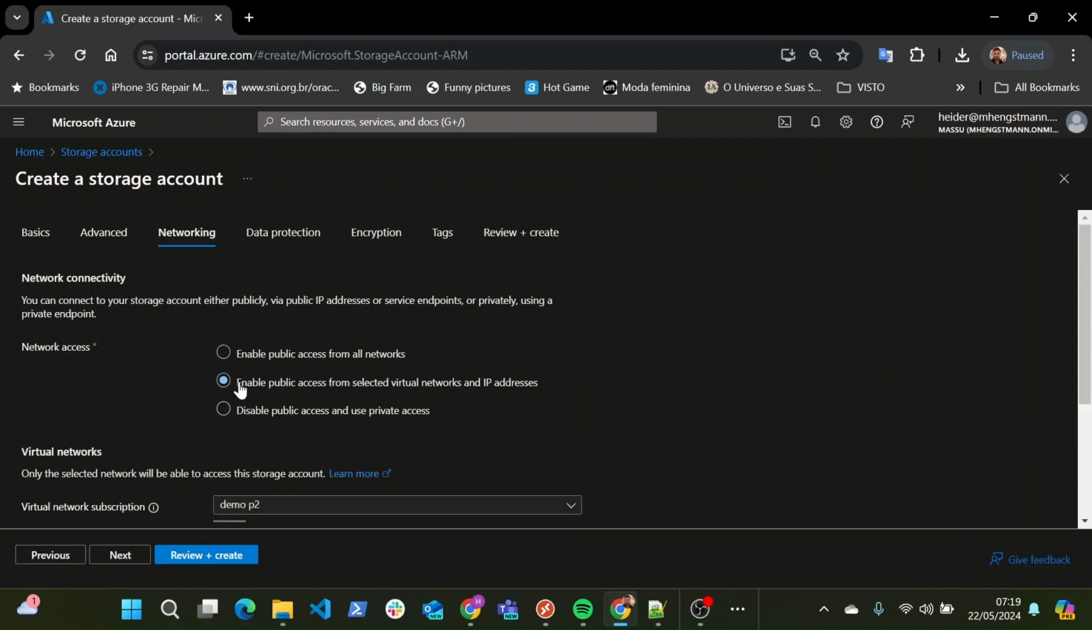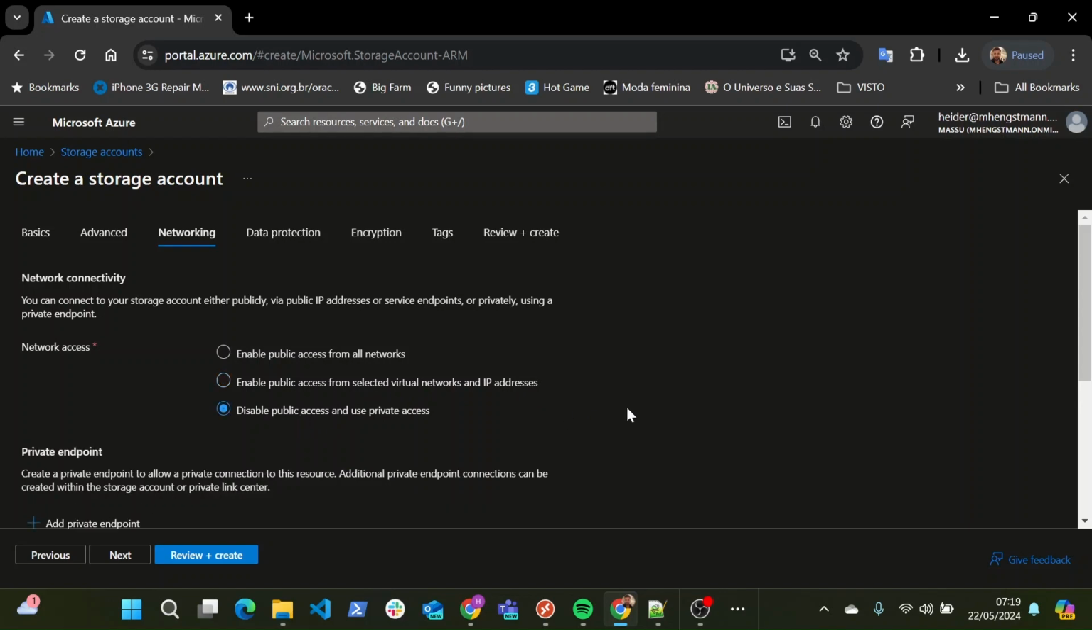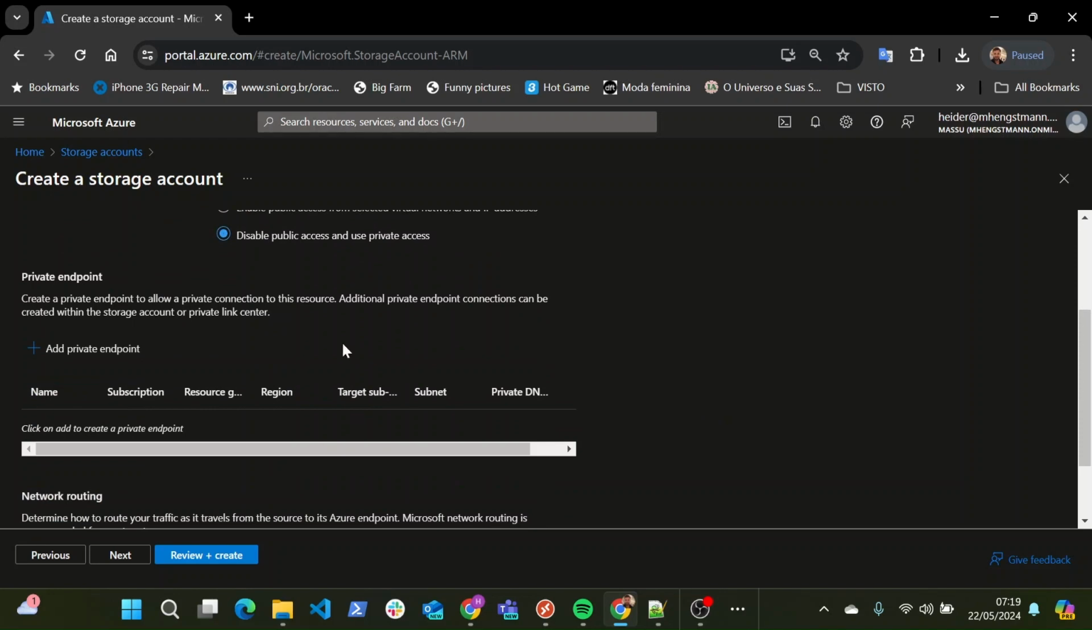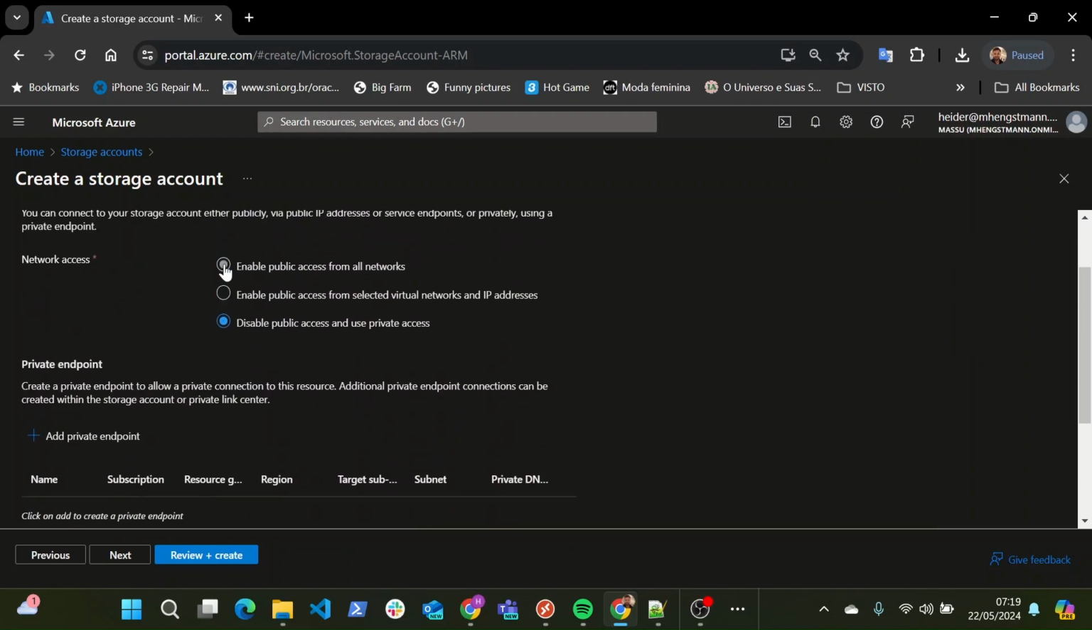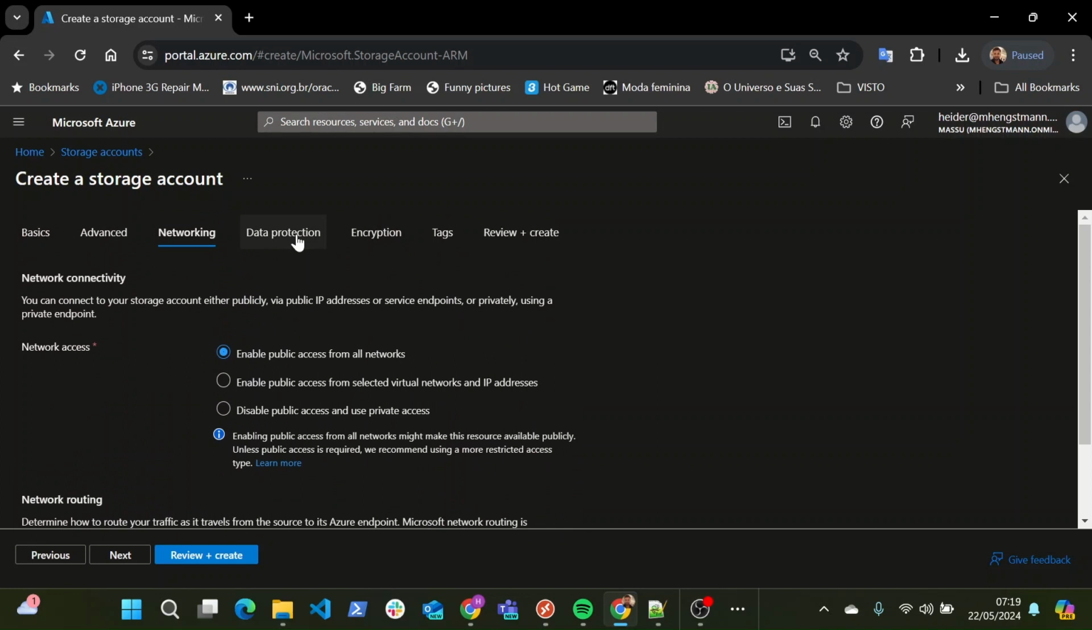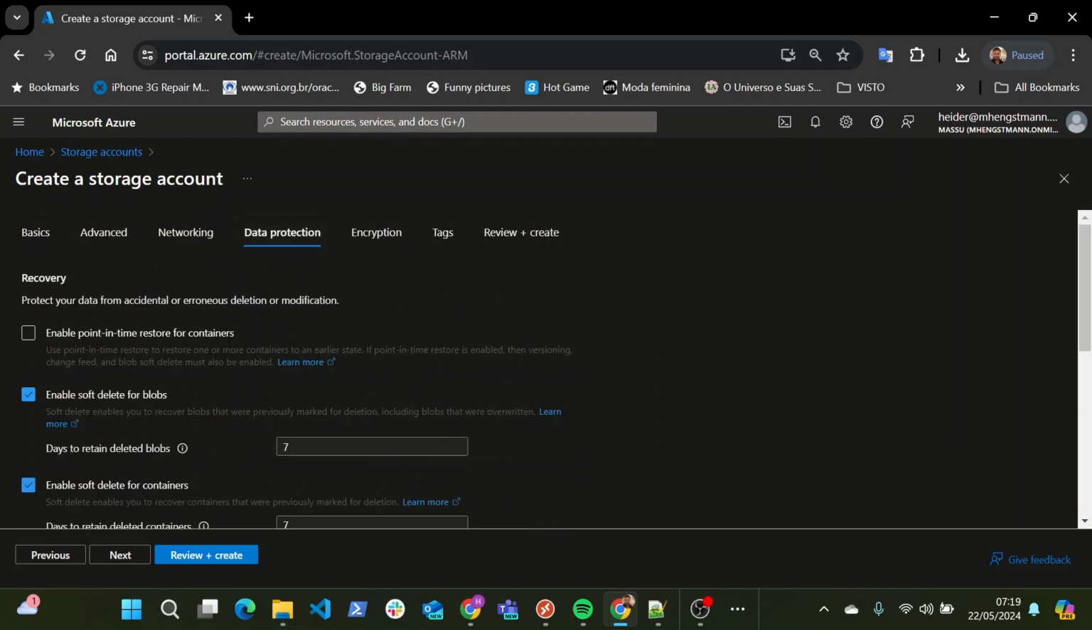But in that case, you could open this as public, but for a specific IP address that you can set, or for specific virtual networks, or you can even disable the public access and just provide access to a private endpoint. In our case here, we want to provide it for public access, and here in the data protection, you could configure,